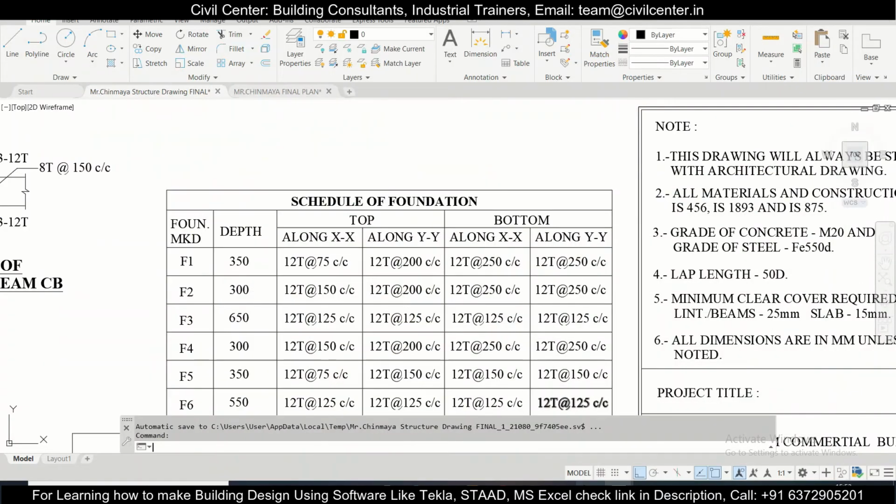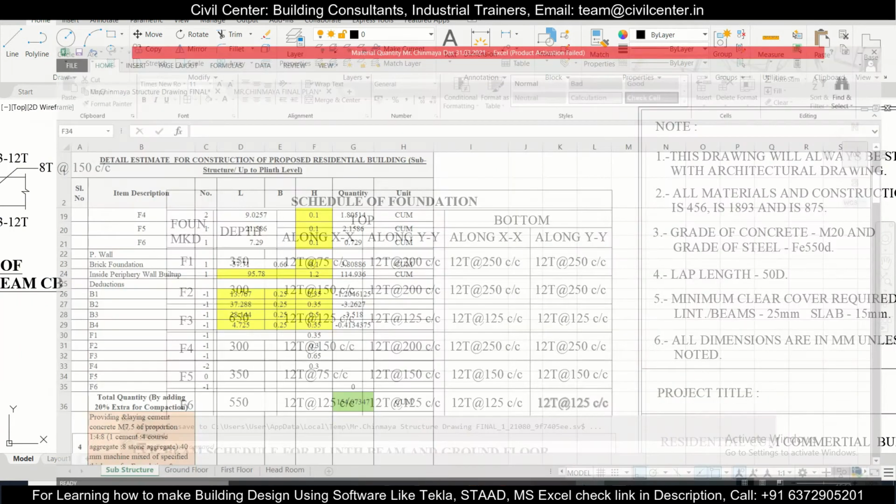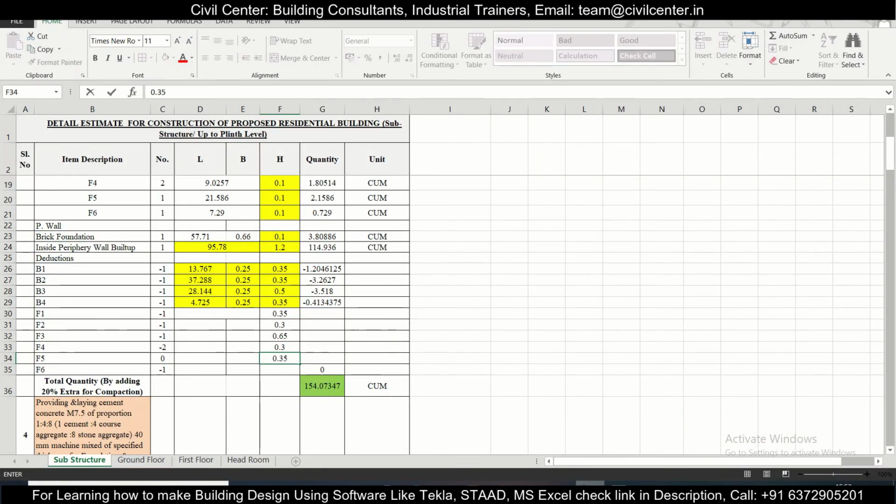F5 we don't need that, let's write it 0.35 and 0.55, 0.35, 0.55. These are the depths of the footing, and now we'll just mention the area which is inside the particular periphery wall, so that we can deduct that particular portion for the sand filling as well.